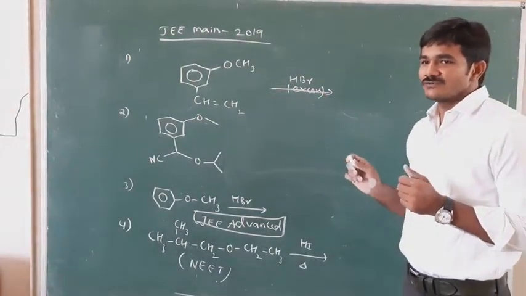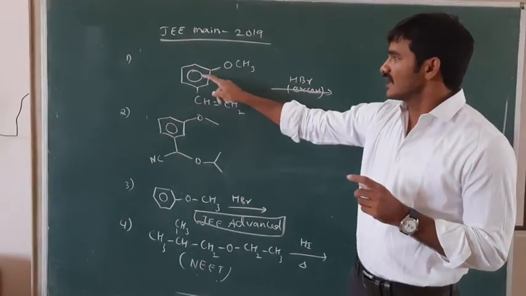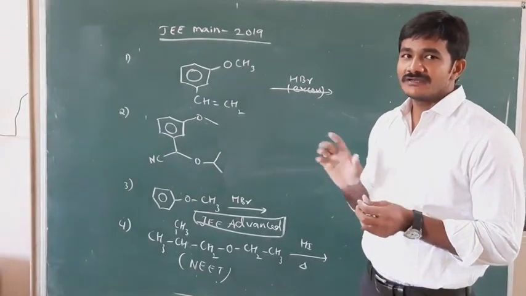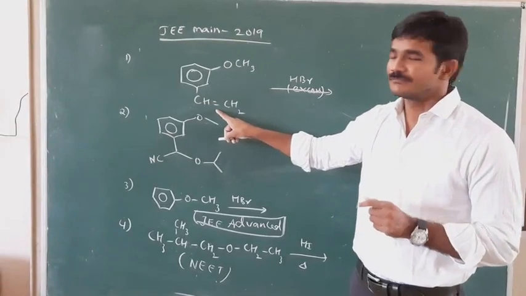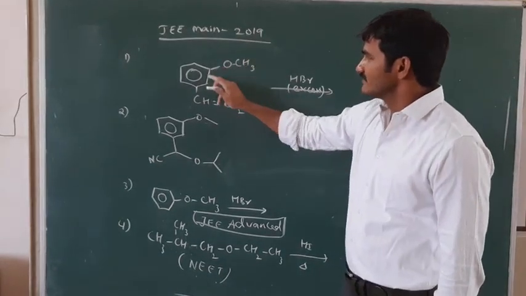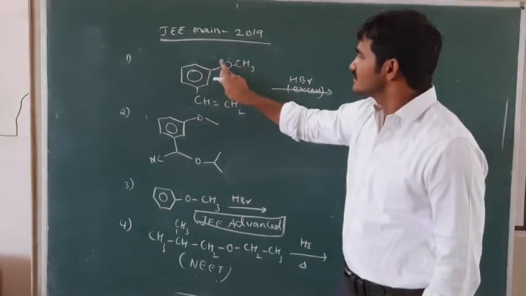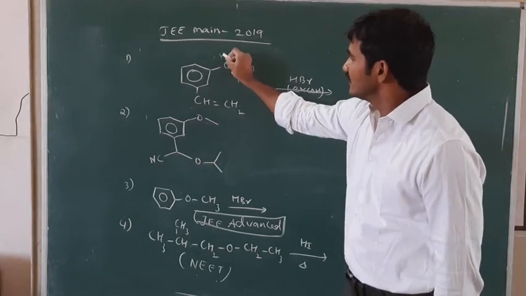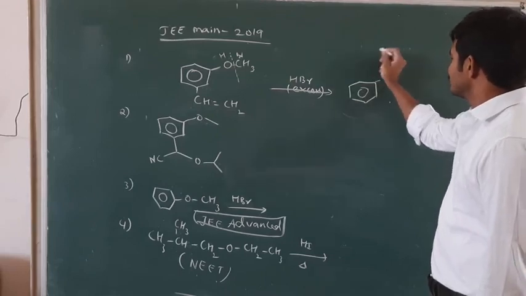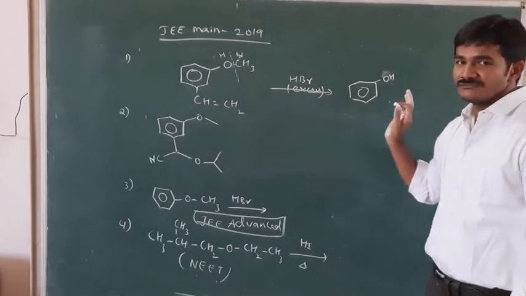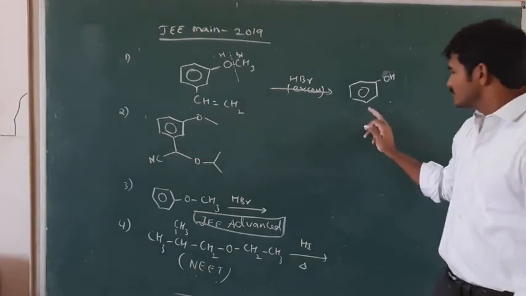Now let us see the products, how to form the products. Here HBr excess is given. We can see an ether, this is ROR. But along with this ether we have one more group called alkene. You have to be careful. So anyway, when we get ROR, this is a phenyl ring, this is an alkyl group. This lone pair of electrons is involved in resonance, so we cannot break the bond here. Instead of this, we break here. Here we get H, here Br. So the product is the phenol OH, and the byproduct is CH3Br. We are not writing the byproduct, we have to write the major product. Okay, and can we write CH=CH as it is here?